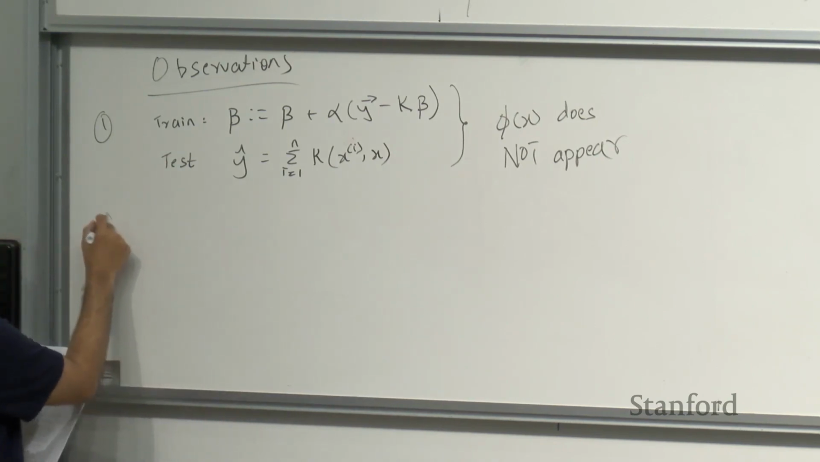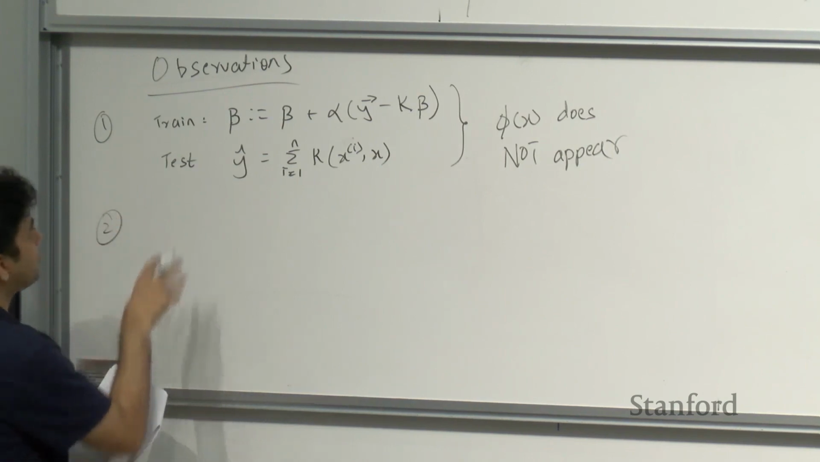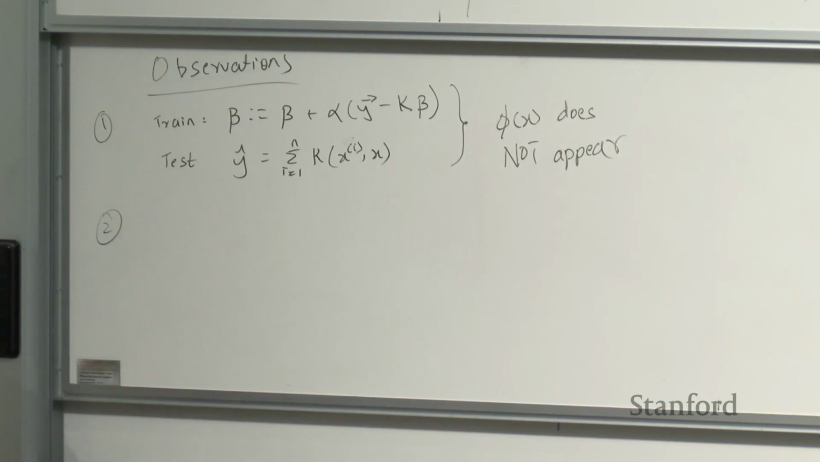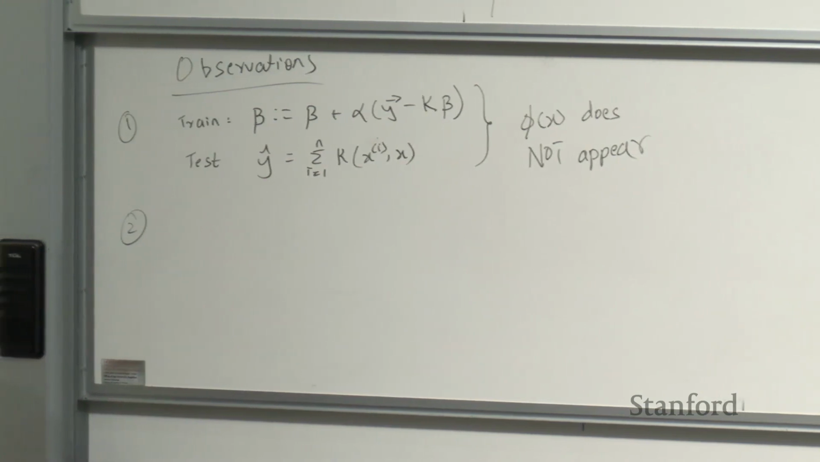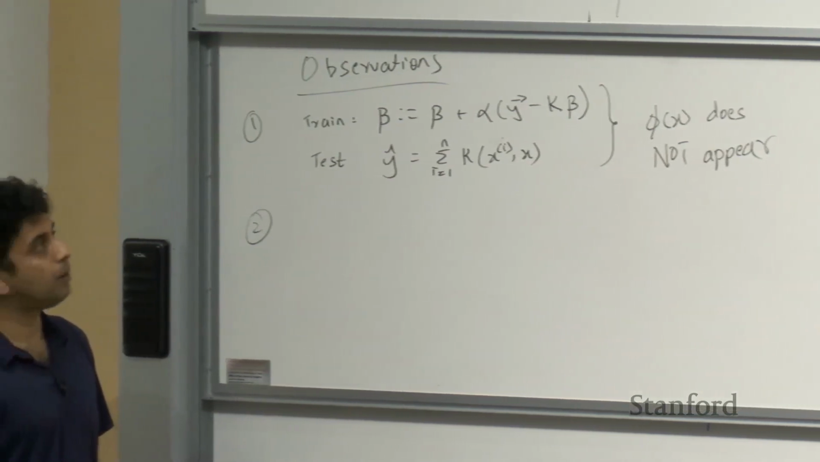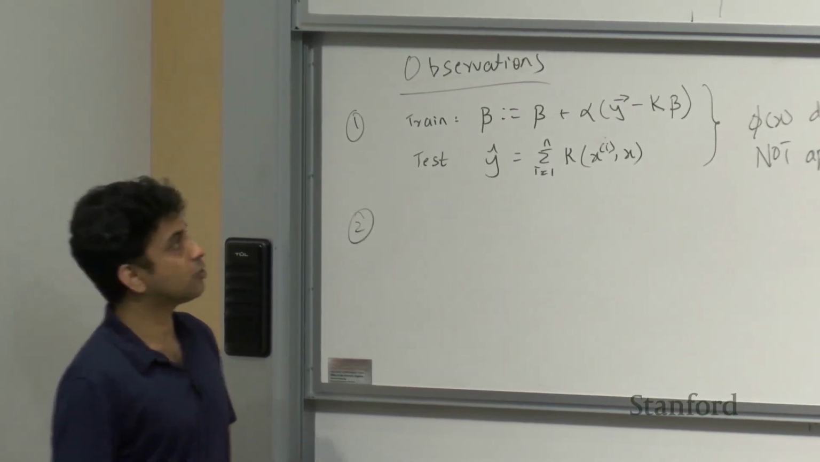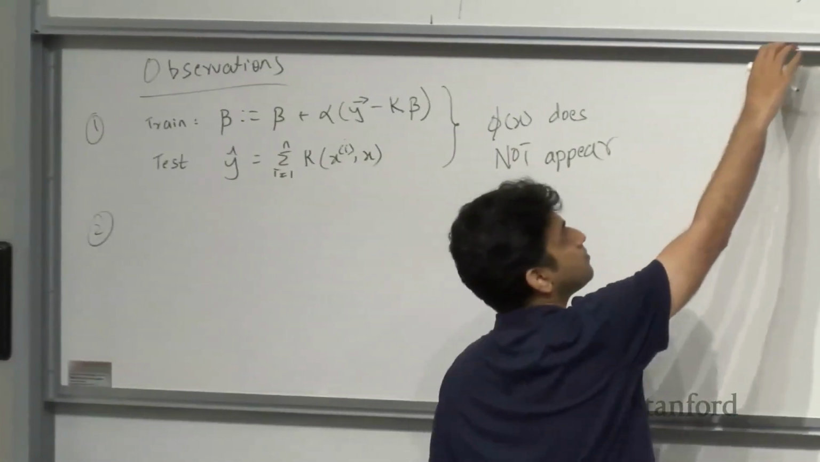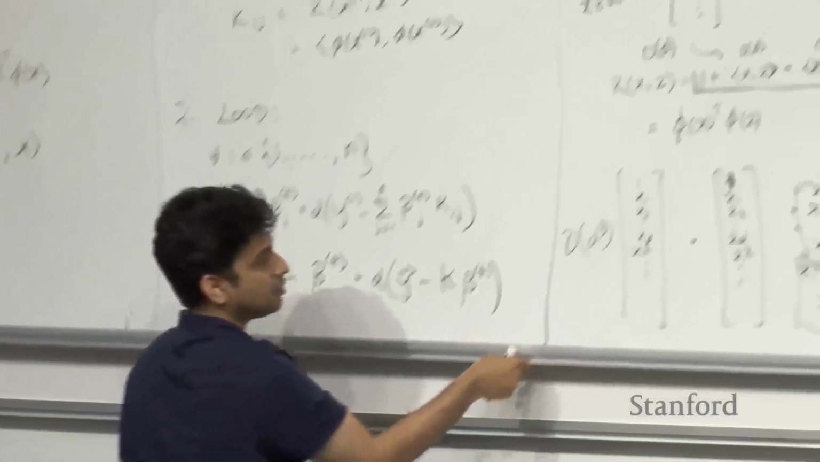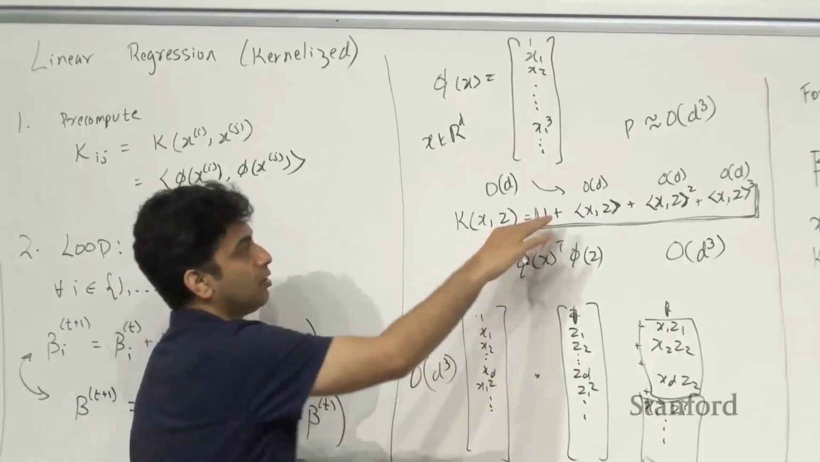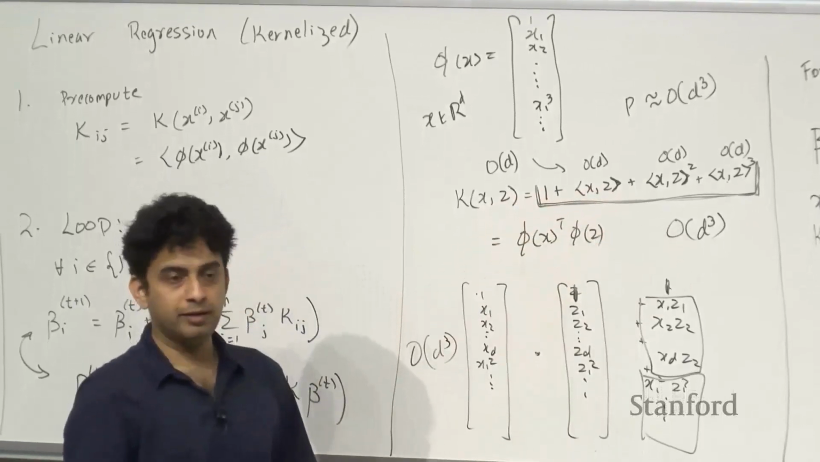The second observation is that for test time, yes, question? So the formula in infinite dimensions, I was wondering if your phi is infinite dimensional, then you have infinite stuff in your kernel. So the question is, if phi was infinite dimensional, then will the kernel also have an infinite sum? And the answer is